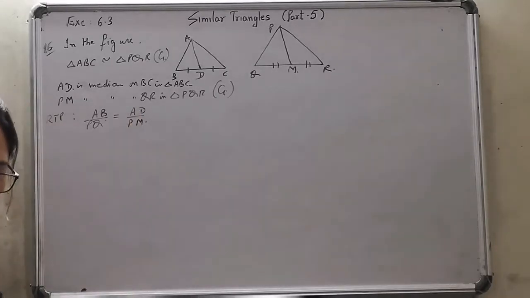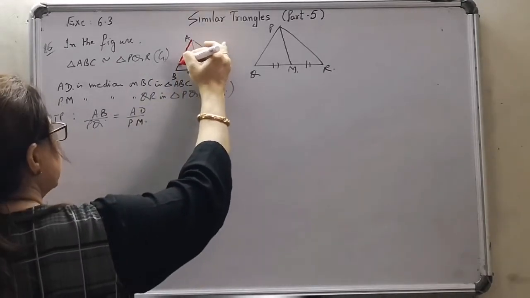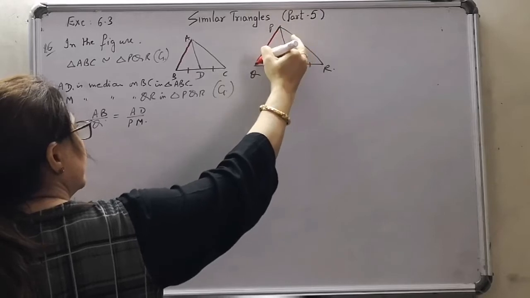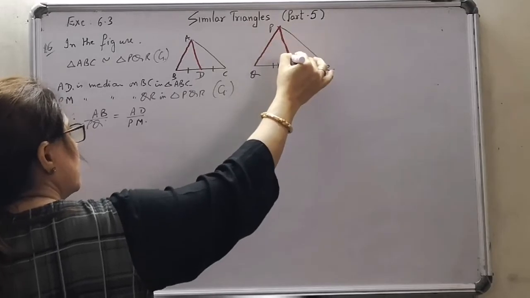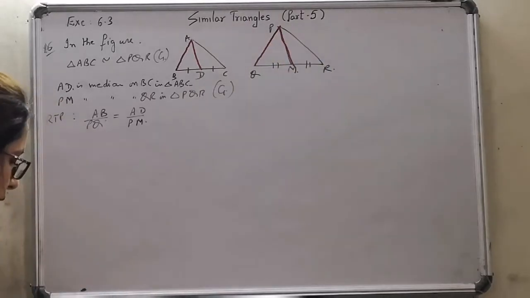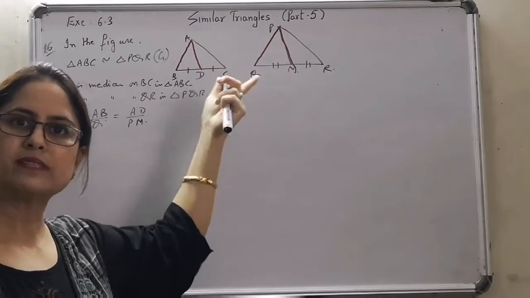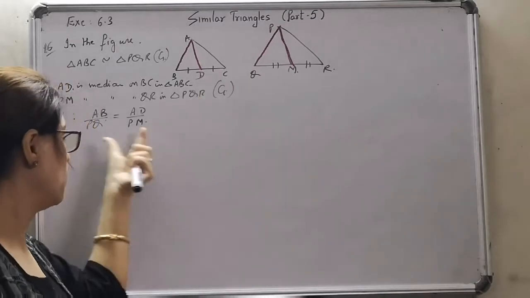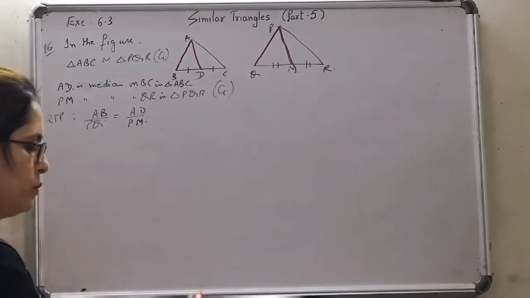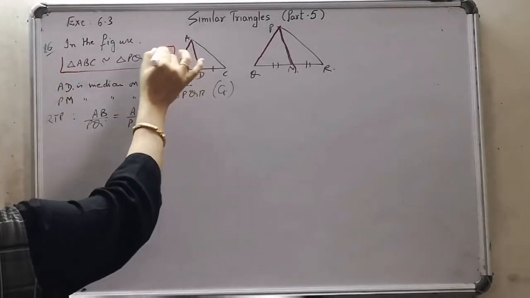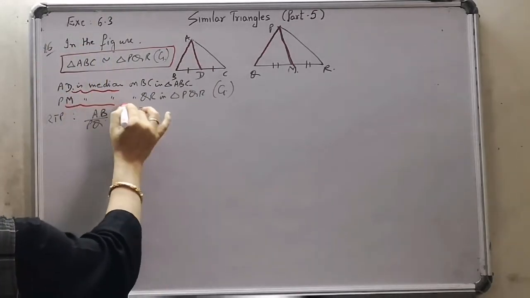तो फिगर में देखिए ये हिस्सा कहाँ पर है? In the figure we can see that AB upon PQ यानी ये side upon this side is equal to AD upon PM. ये हमें प्रूव करना है. Look, ऐसा है कि अगर हम इन दो ट्राइंगल्स को सिमिलर प्रूव कर दें तो corresponding sides of the similar triangles are always in proportion, तो उससे ये दोनों रेशियोज को इक्वल शो करना बहुत कंफर्टेबल हो जाएगा. So we are going to make use of this part of the given specially to reach our target, and of course we'll be making use of the definition of the median.